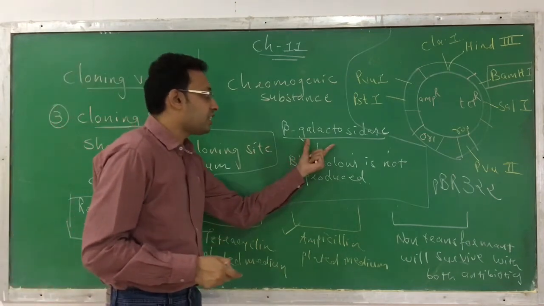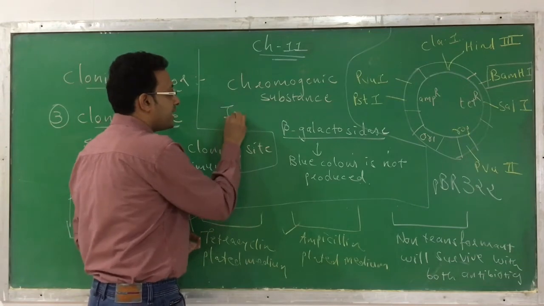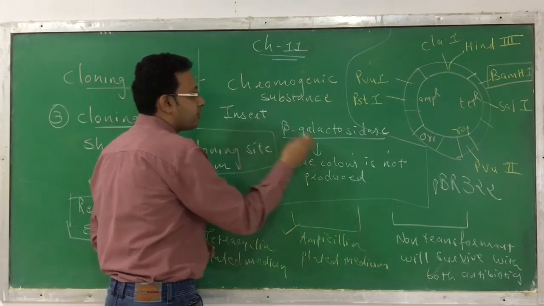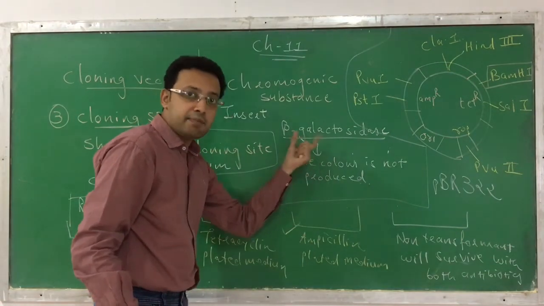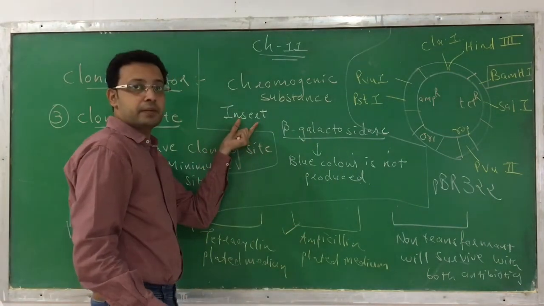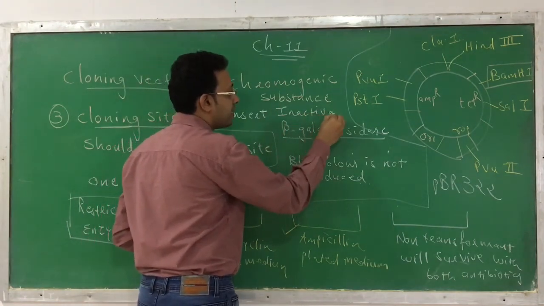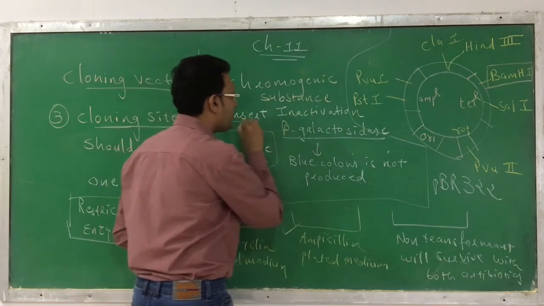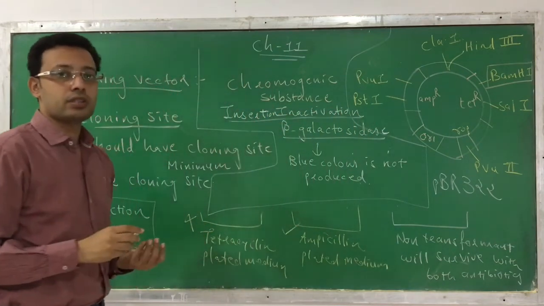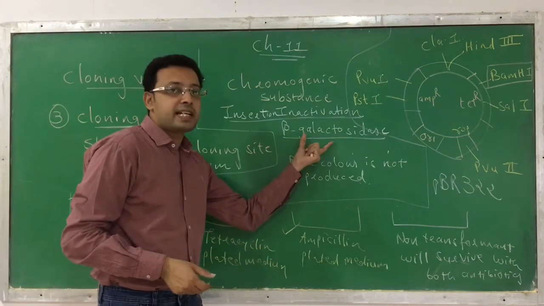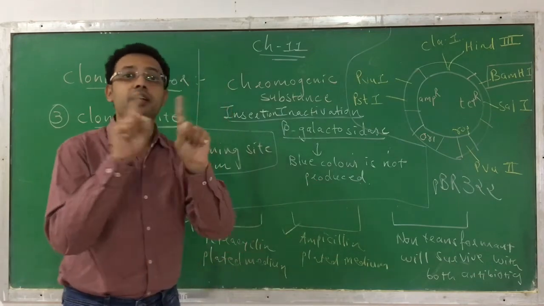So if some gene is inserted into the beta galactosidase, then the structure of this gene has been altered, a change has occurred, this enzyme has changed because we have inserted something. And once inserted, the enzyme went from active to inactive. So this is called insertion inactivation. Now that it is inactive, the beta galactosidase, which is able to produce the blue color, does